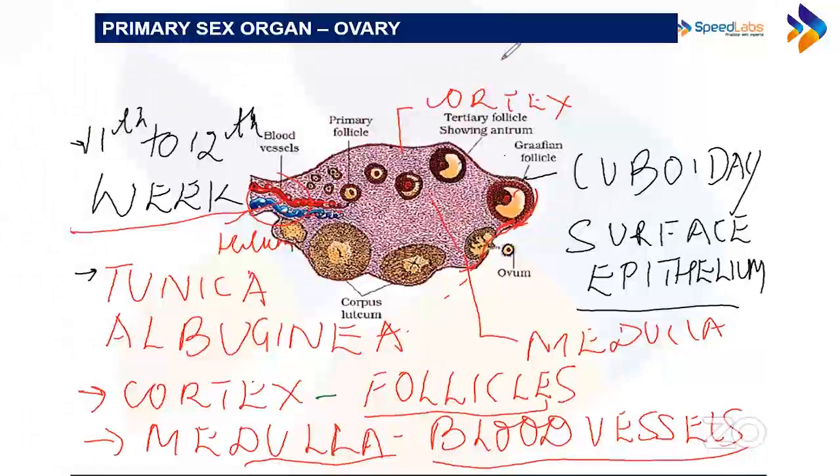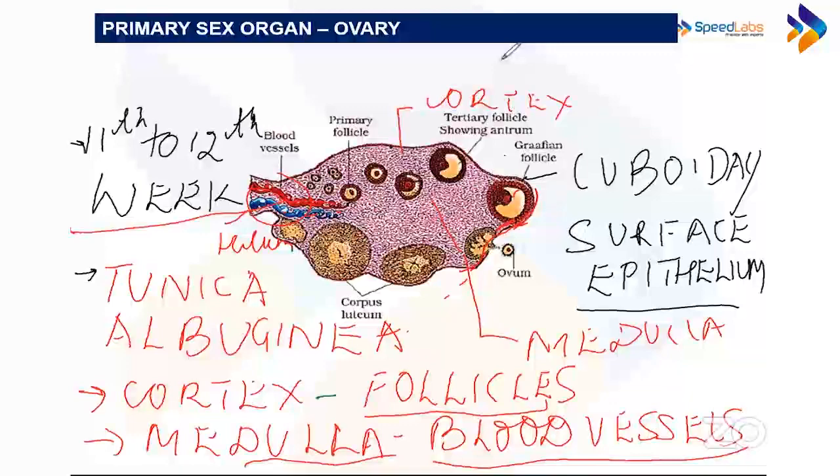ठीक है, अभी तक हमने क्या क्या बात की है? We have done that the female reproductive system has primary sex organ, ovary, and secondary sex structures like oviduct, uterus, vagina, and external genitalia, which do not participate in gamete production but help in other functions. Then we went into ovary. Ovary का पूरा description बताया, 2 in number, almond shaped, intra-abdominal, and connected to the body wall as well as to the uterus. And they are formed during 11th to 12th week of pregnancy.